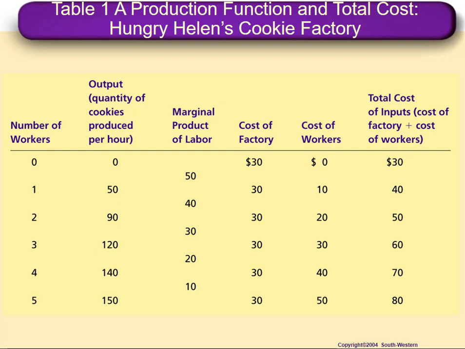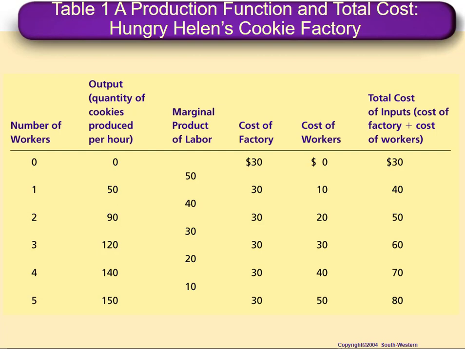And then we have this concept we call marginal product. Now, marginal product is going to be the additional amount that each additional worker brings in terms of total output. So here you can see that the first worker generates 50 units of output, and the second worker brings an additional 40 units of output. So that additional output for each additional worker, that's the marginal product. And in this case, since we're talking about labor, it's the marginal product of labor.